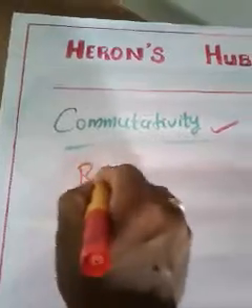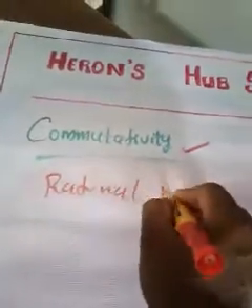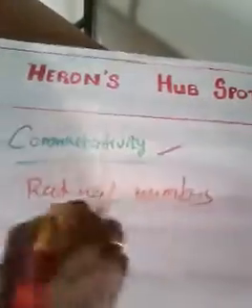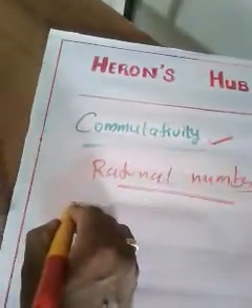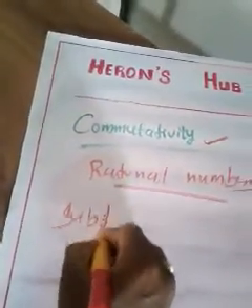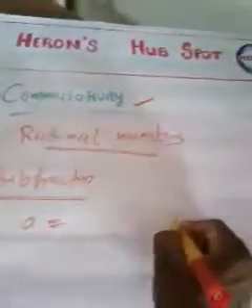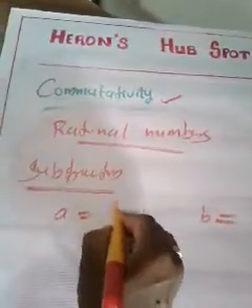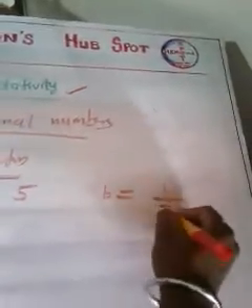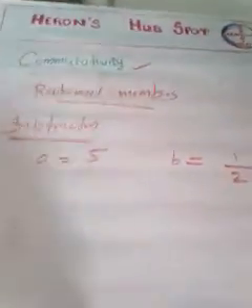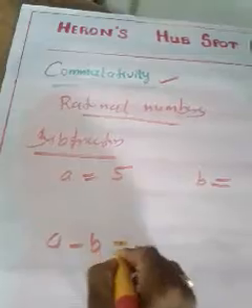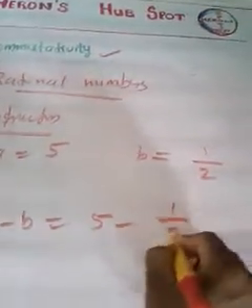Next we have to check again in rational numbers, and the next operation after addition is subtraction. So I need two numbers A and B as rational numbers. I am going to select A as 5 and B as 1 by 2 this time. Is there any problem? Both are rational numbers. No. Then what is A minus B? A minus B is nothing but 5 minus 1 by 2.